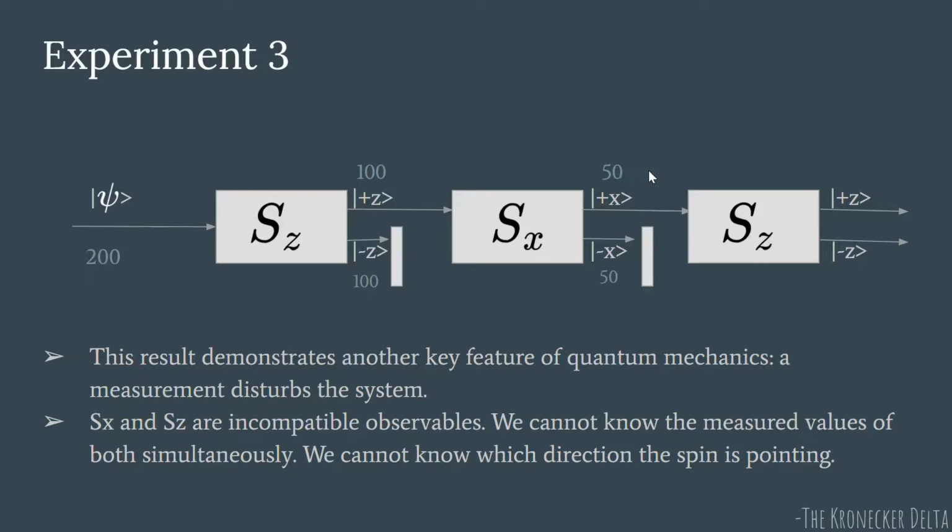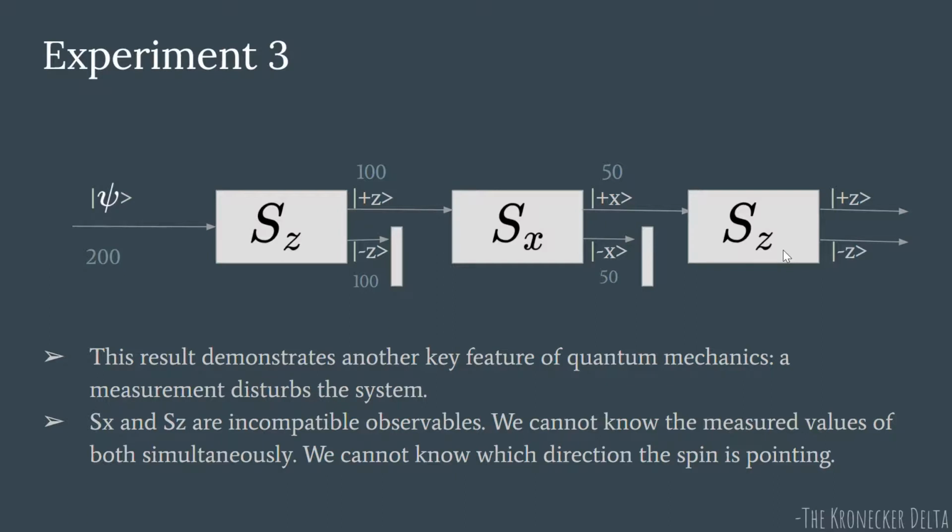Now this 50 pointing in the plus X, we input to the Sz, right? Classically, if we understand the experiment, since these atoms once already belonged to the plus Z category, they were all pointing up along Z. Then you did something along X, but then again you're measuring along Z. So classically what you expect is that if they were once found to be pointing up along Z, here we should get all the atoms pointing up along Z and no atom which points down along Z. That is our classical expectation.